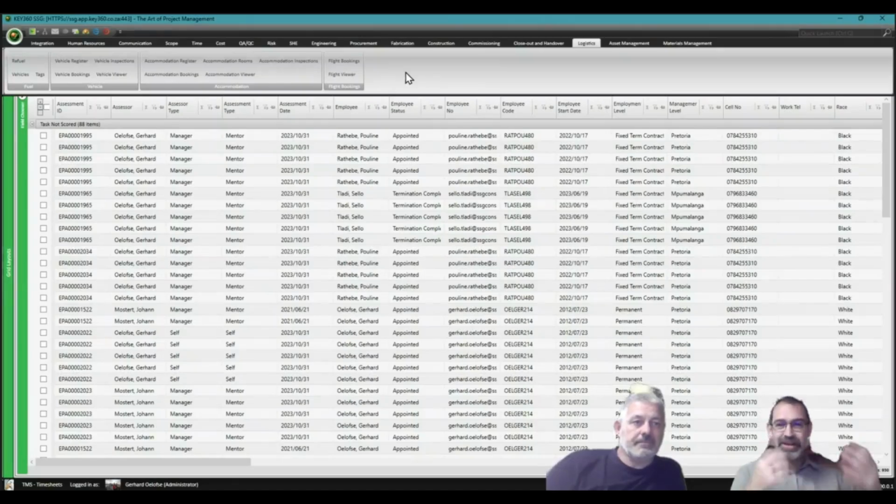You can look at all the claims that you want to do for maybe fuel, for distances traveled, or for toll gates and parking and accommodation again. So all of this is a little bit integrated, but it's all on the same system so that you don't have to go look for different things in different places. And also, again, you can make attachments to any of these line items in any of these registers, just to support what it is that you are claiming for or updating for. So really the communication is supported so well.